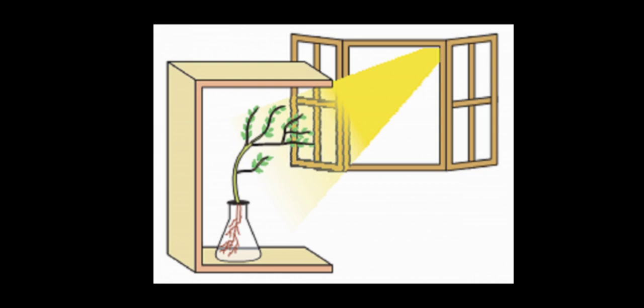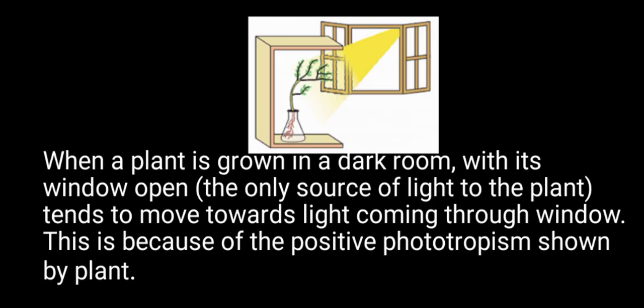After 2 or 3 days, we will notice that the shoots bend towards light and roots grow away from light. Now turn the flask so that the shoots are away from light and the roots towards light. Leave it undisturbed in this condition for a few days and record your observations. Will there be any difference in the direction of the growth of shoot and root?